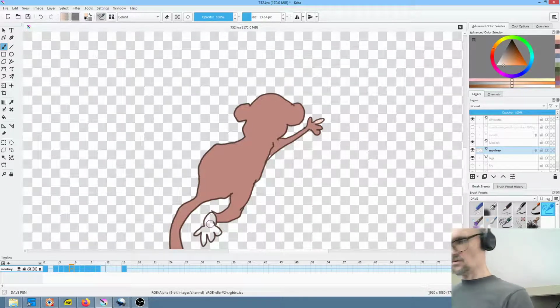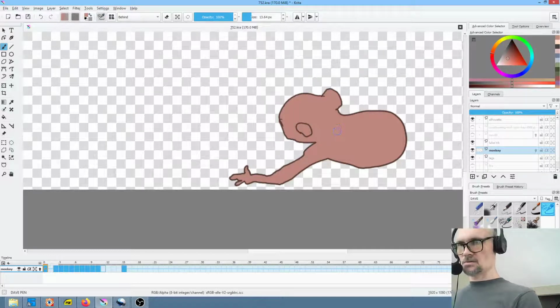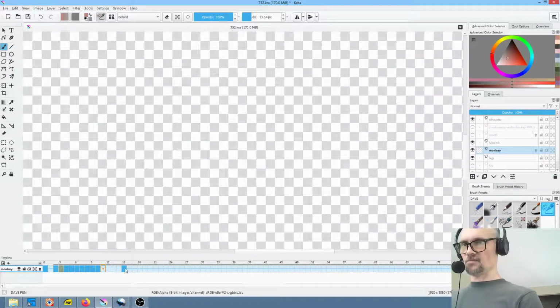That's behind mode. So yeah, and again, I'm just gonna get through the whole thing, and then I'll go back and fix things. Okay, so that's it. Alright, so now what we can do, let's sample this color, fill that. Okay, and we're gonna cheat a little bit here and not worry about the flesh tone yet. Okay, so now I tell you what we'll do is let's work backwards, just because the final frame gives us